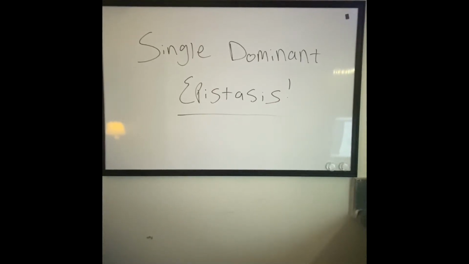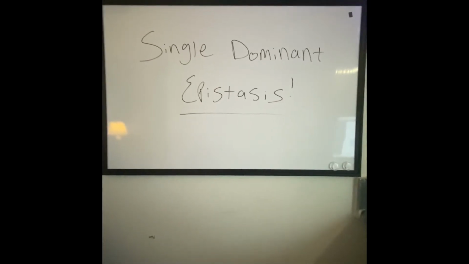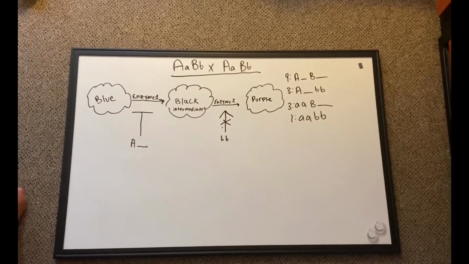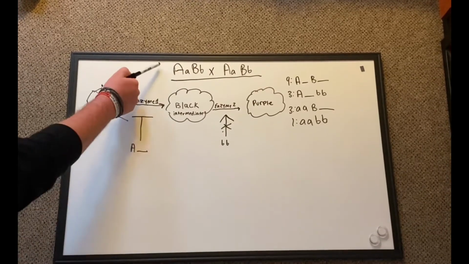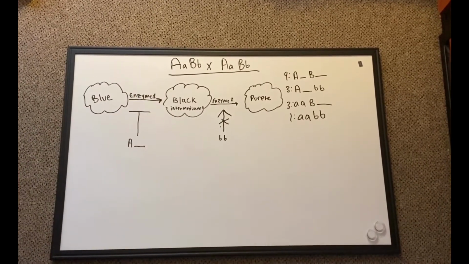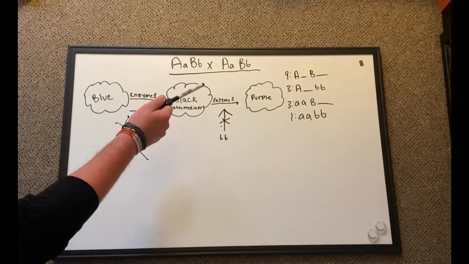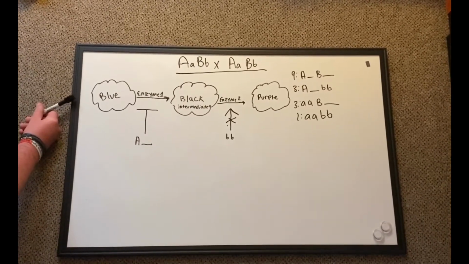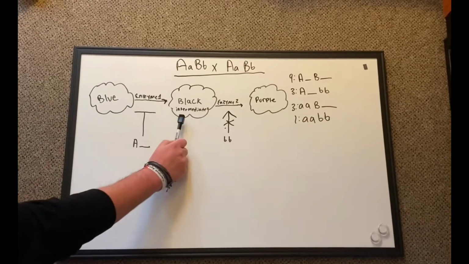Hey guys, so today I'm going to be talking about single dominant epistasis. First we're going to be looking at an epistasis pathway of a dihybrid cross, and we see that those phenotypic ratios on the side are a 9 to 3 to 3 to 1. Then we're going to come down and look at the pathway, and we have the phenotypes blue, a black intermediate,